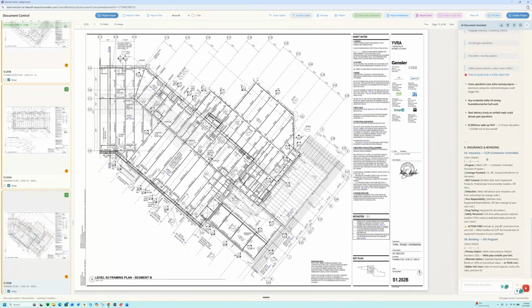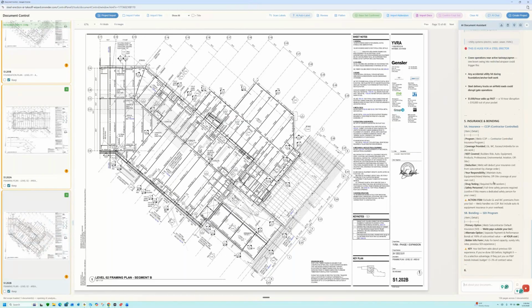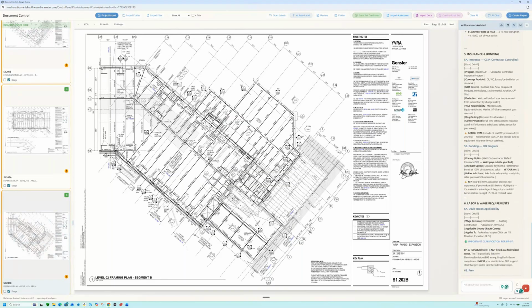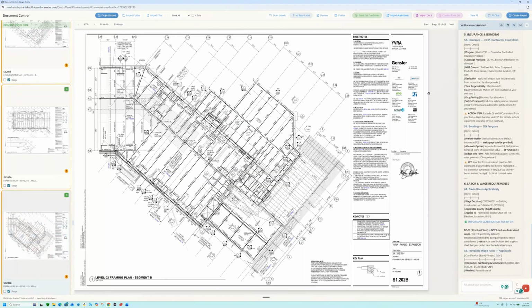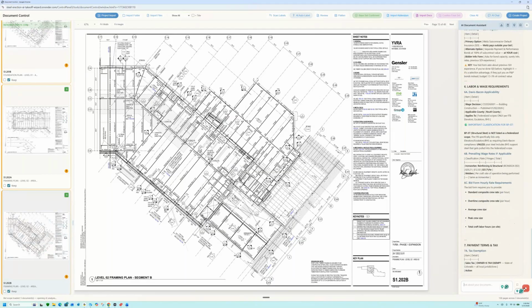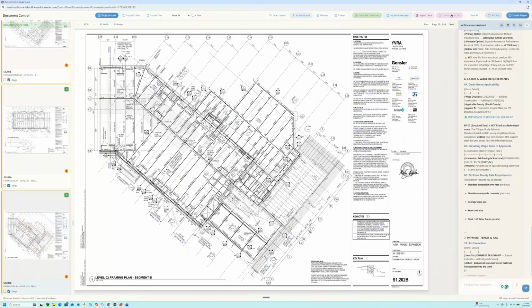What I would do next, I'm going to have to wait for this to quit running. It may take a minute, but what I would do next is confirm the final bid set. When I confirm that final bid set, I'm just going to stop that. When I confirm the final bid set,